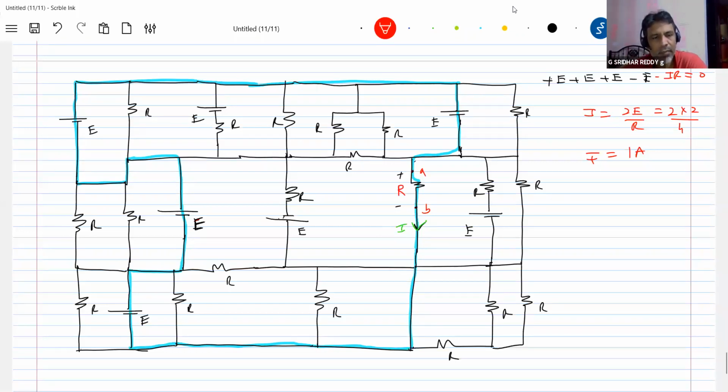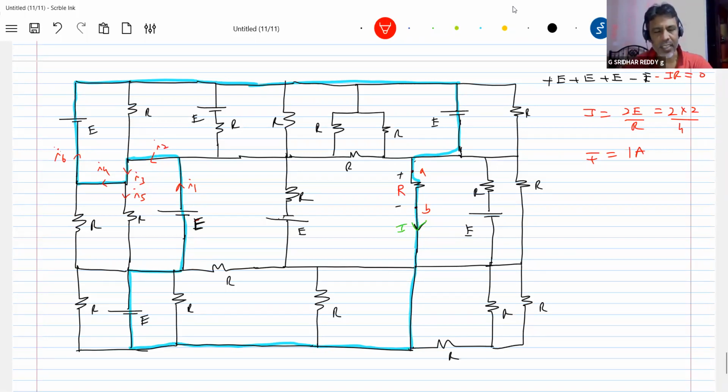Though the current here will be different. Just to make you understand, let me indicate that current, so it'll be easy for you. If the current here is I1, the current here will be I2. No problem. I'm showing only a part of the circuit; you need to show current in all the branches. It doesn't matter. Even if the currents were distributed like this, it doesn't matter.